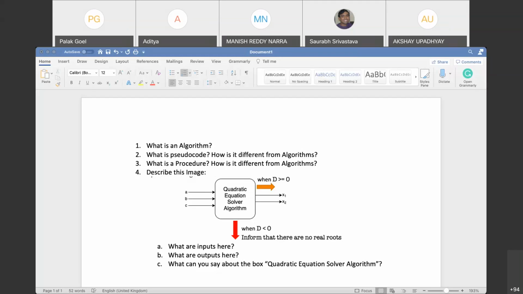So procedures are one more step closer to your actual programming. When you start thinking, okay, now this is the algorithm, I have to somehow make my computer understand this, the moment you start looking at things from the perspective of a computer, there are certain things that you have to understand, right? This is where that picture comes into place, that for a computer you are going to give it certain inputs. You are going to ask the computer to do some processing, some computation, and then